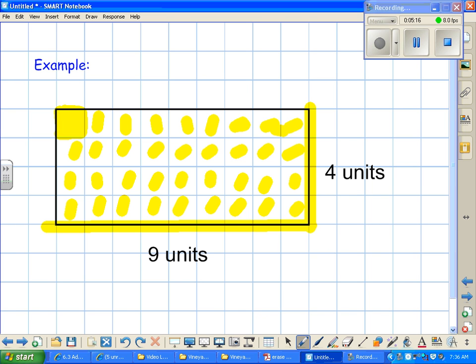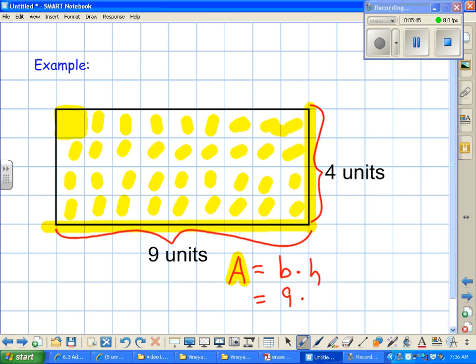So mathematicians have come up with a shortcut. And that shortcut is, notice how this is 9 units across and 4 units going up and down. And so using simple multiplication, which is area, excuse me here, let me rewrite that. Area equals base times height. And that base is the 9 units that you see times the height of 4, which gives me 36 unit